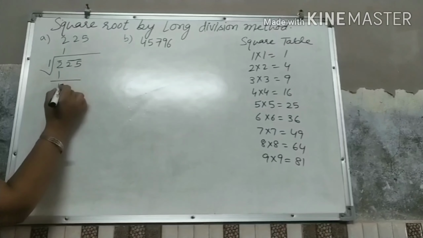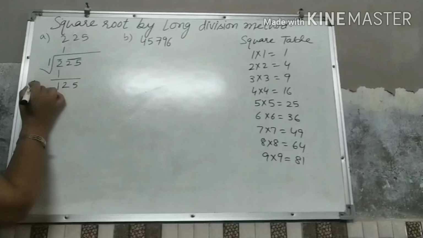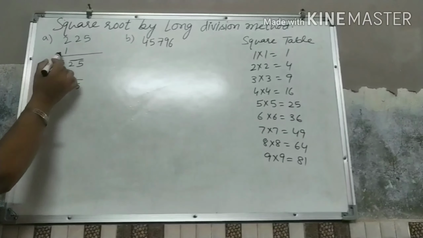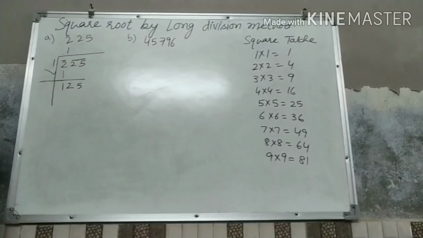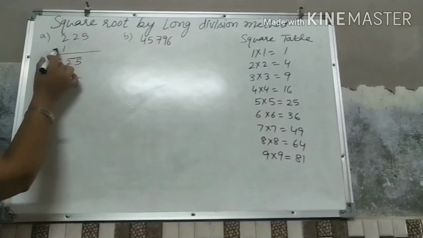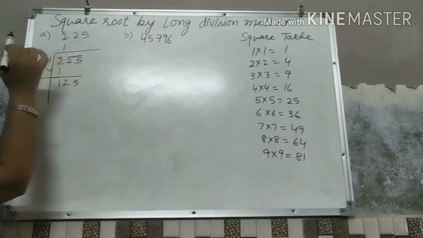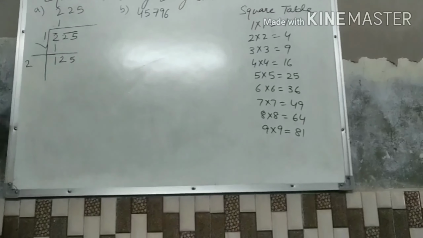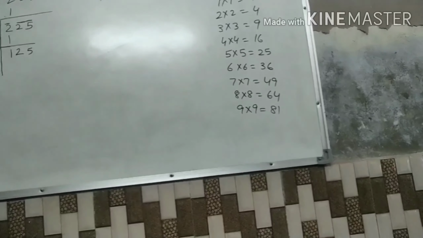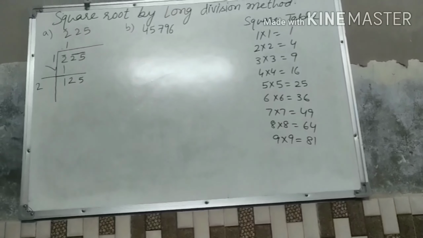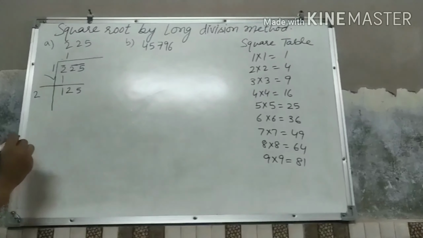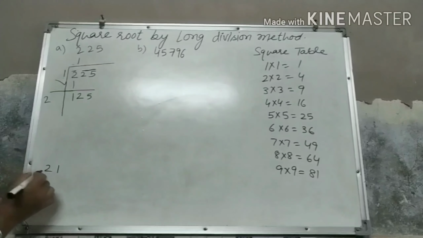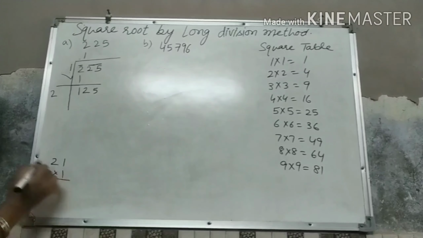Now you will take another pair with it. Now the next divisor. What will be the next divisor? First of all, you will multiply with the 2. So always you will multiply the quotient with 2. Now there is 1. So 2 ones are 2. So our next divisor's first digit is 2. Now you will take one more unit digit with it like 1.